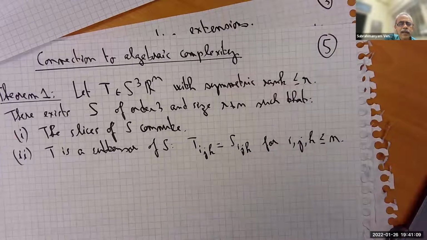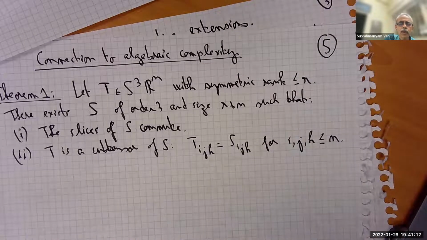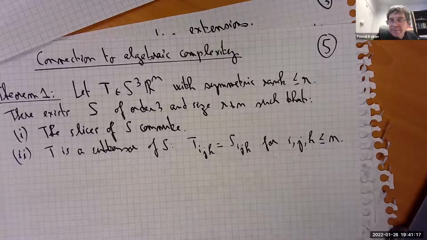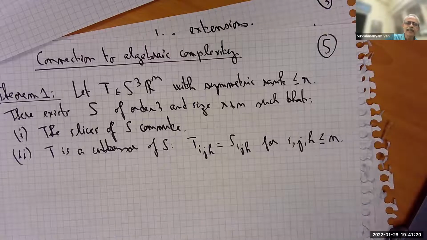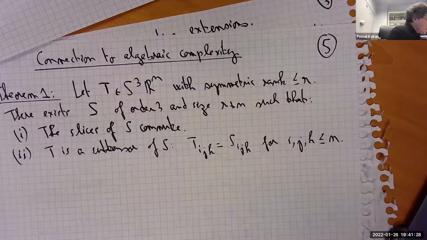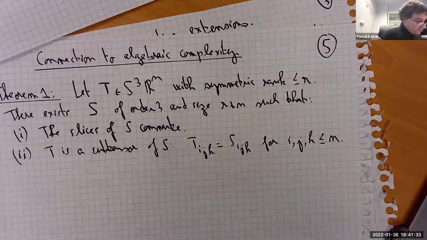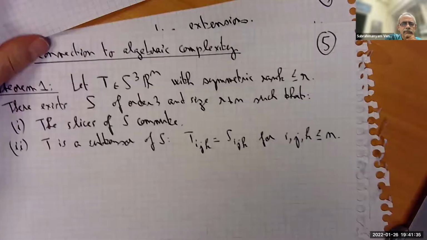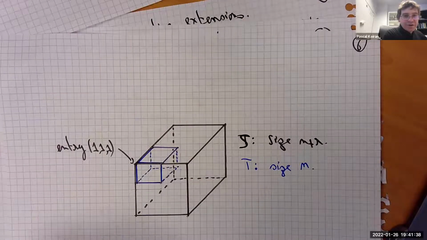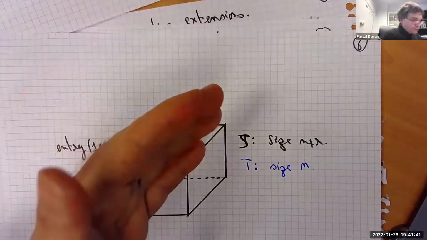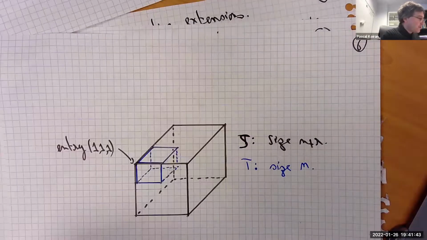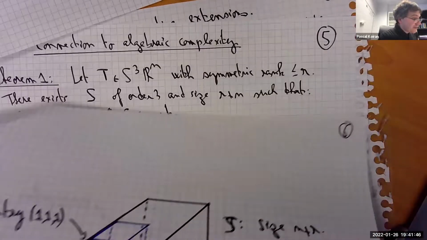Question: when you say slices commute, you want all the 3n slices to commute? Because a slice can be done in any dimension, right? In one of the 3 dimensions. Are you talking of slices with respect to one dimension? Good point. In general, you could slice it vertically or horizontally, or like this, in 3 different ways. But here we have symmetric tensors, so there's only one way, in fact.